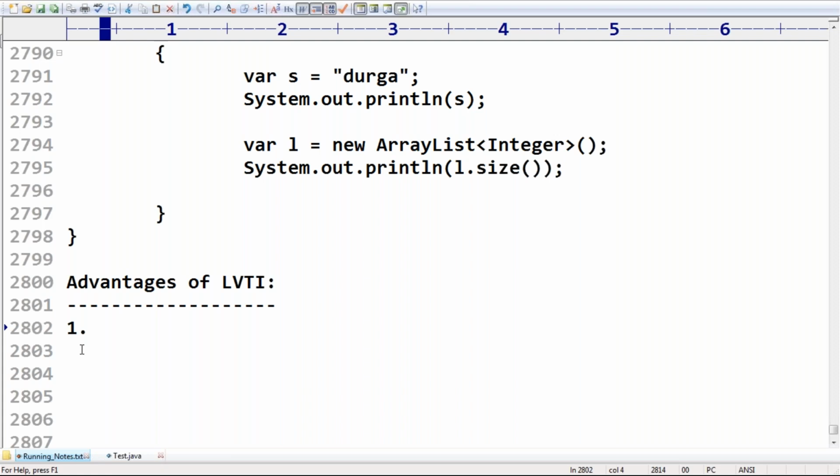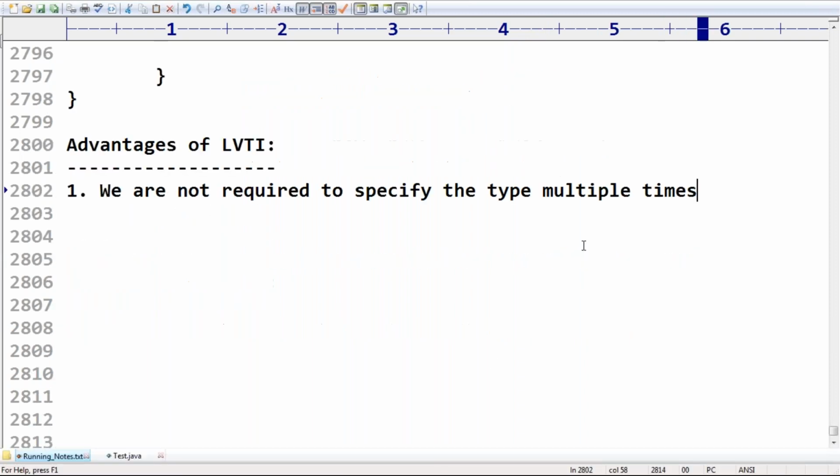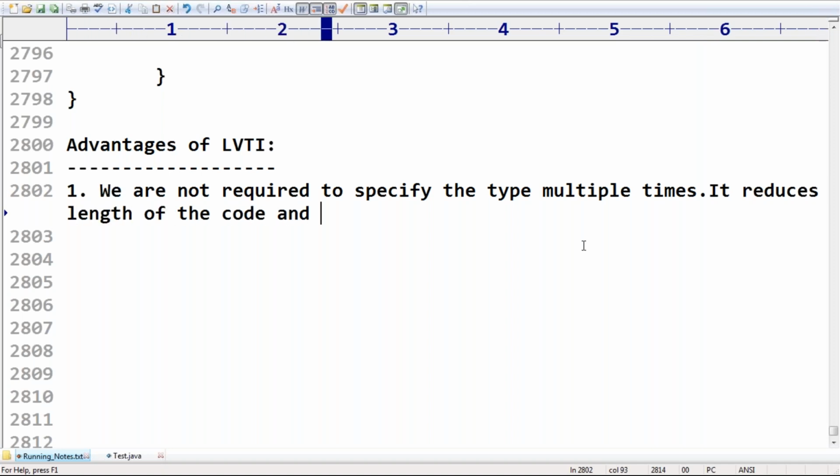We are not required to specify the type multiple times, so it reduces the length of the code and readability will be improved, sir. This is the first thing you people should be aware of.